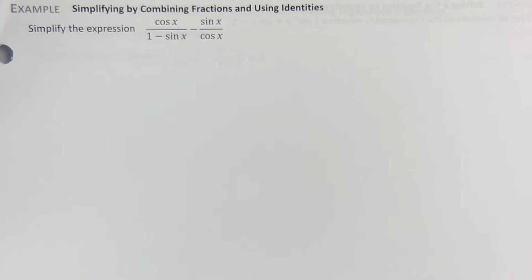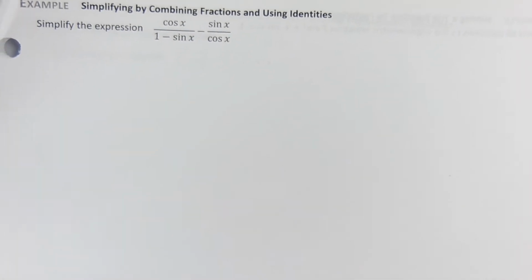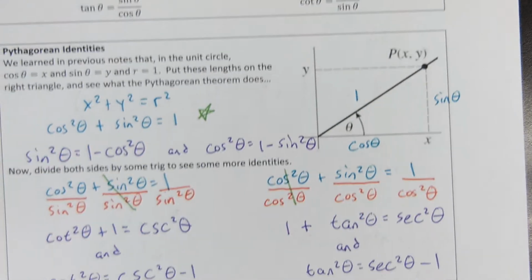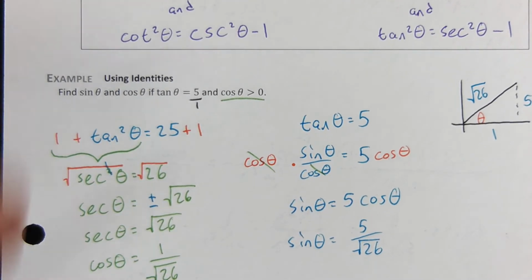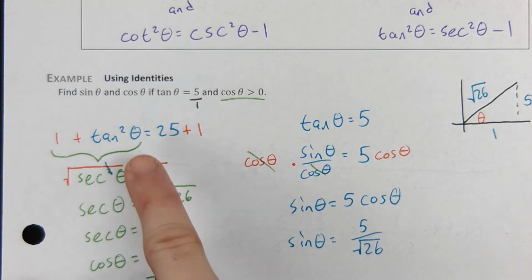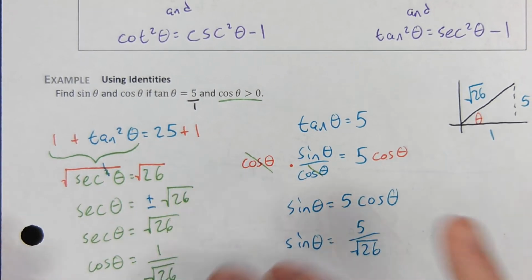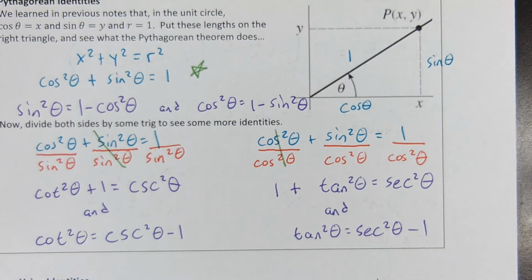What that means is you should always be on the lookout for squared trigonometry, because all of the Pythagorean identities have squared trigonometry in them. So when we were doing this first example in the notes, what I should have said, that I didn't say, is that I had to square both sides. That had to be the first step, because all 6 of those purple Pythagorean identities involve squared trigonometry. So when you see squared trigonometry and pluses and minuses of 1s, you're thinking Pythagorean identities, always on the lookout